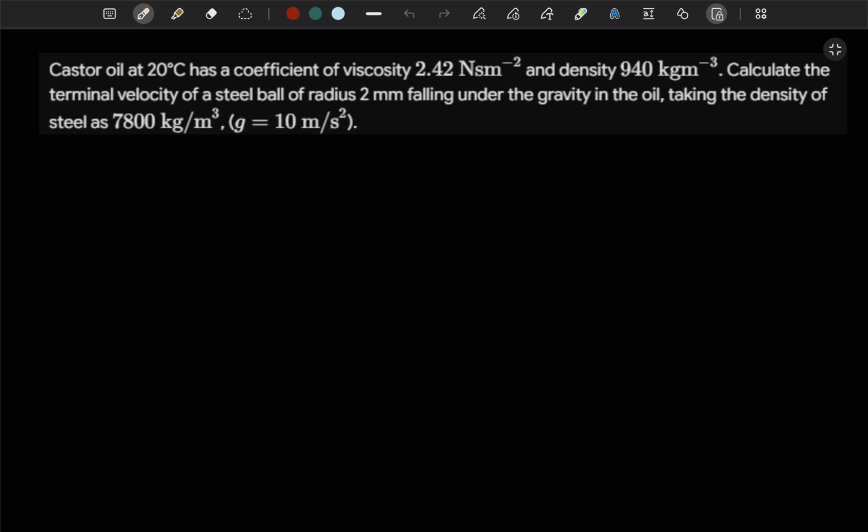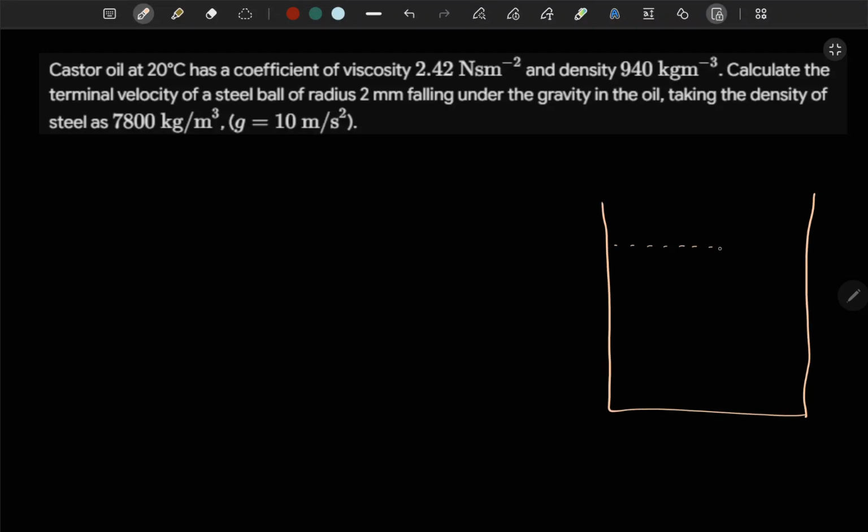First question: castor oil at 20 degrees Celsius has a coefficient of viscosity 2.42 Newton second per meter square and density 940 kg per meter cube. Calculate the terminal velocity of a steel ball of radius 2 mm falling under gravity in the oil, taking the density of steel as 7800 kg per meter cube, the value of g to be taken as 10 meter per second square. So here in the question we have